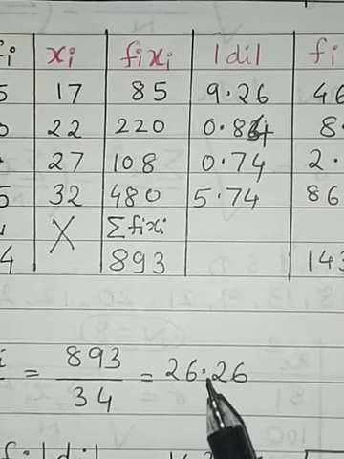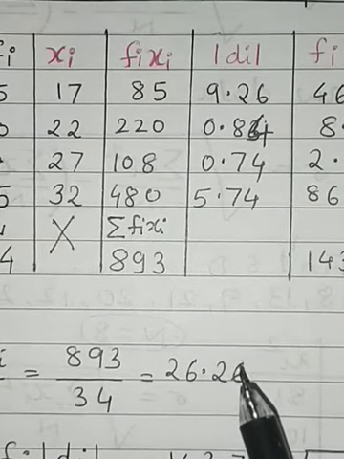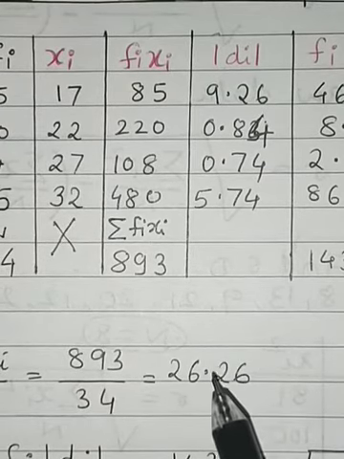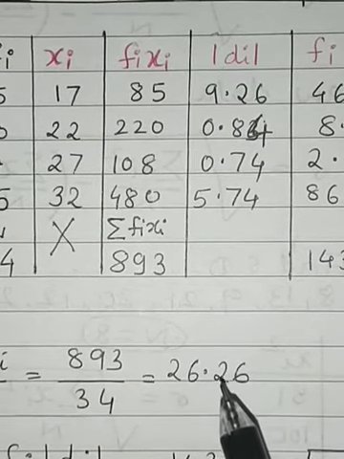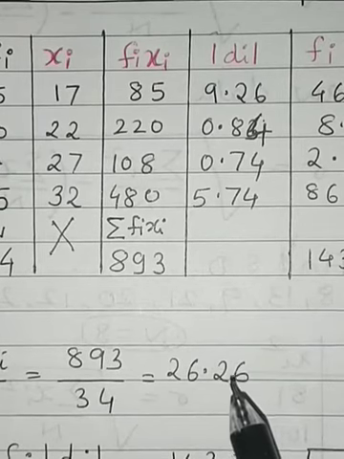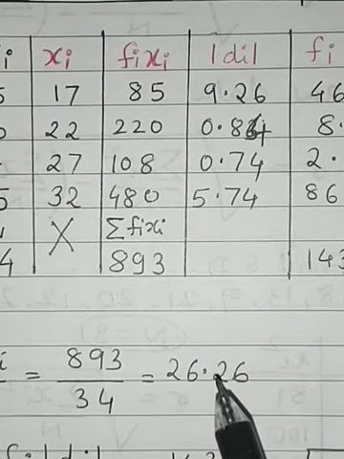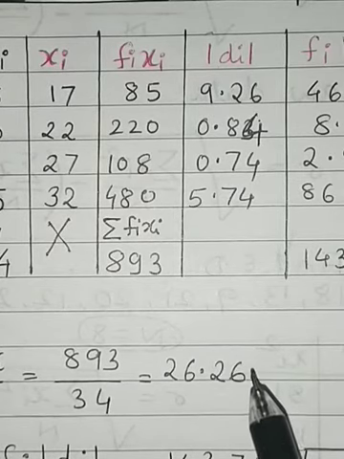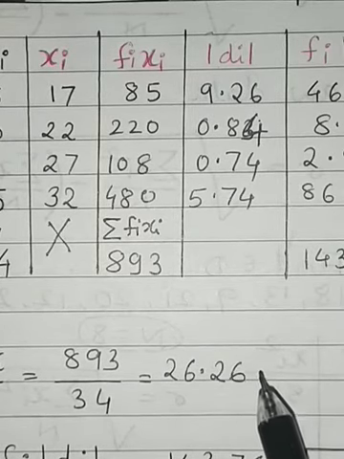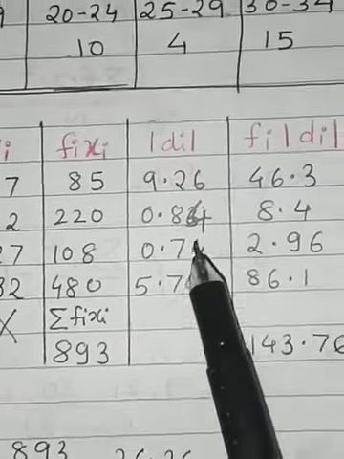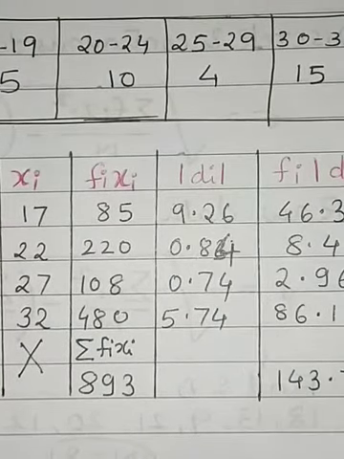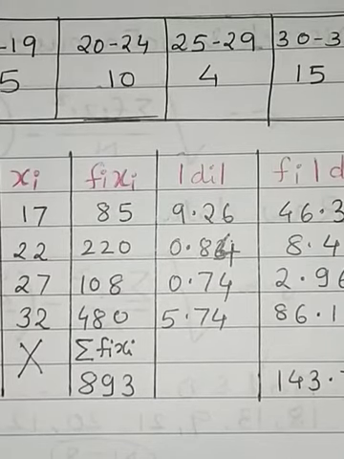We should not read the decimals after 26 as whole numbers. So it is not 26.26 as twenty-six point twenty-six, but digit by digit. So always read the digits after the decimal point separately. However many digits they may have, we should read them separately. So now the di column is xi minus x bar. Okay, so xi minus x bar